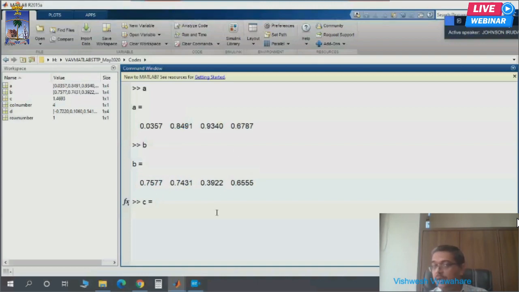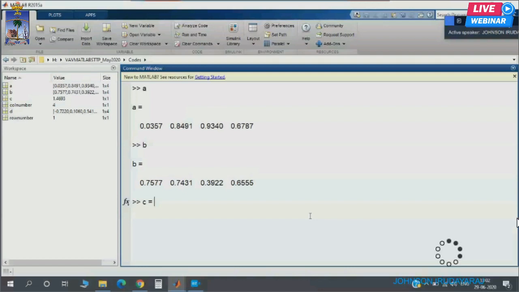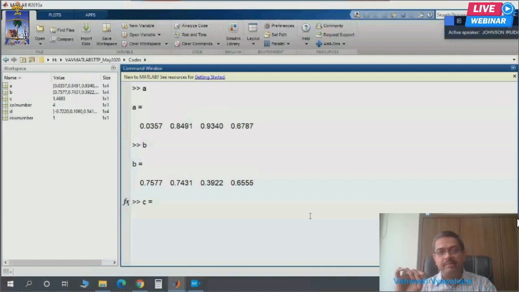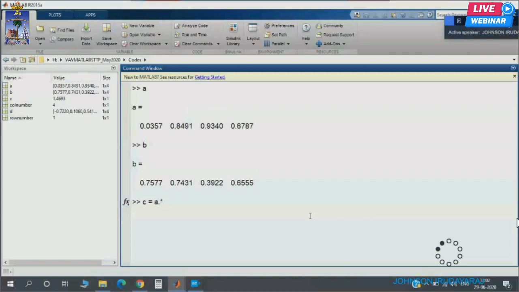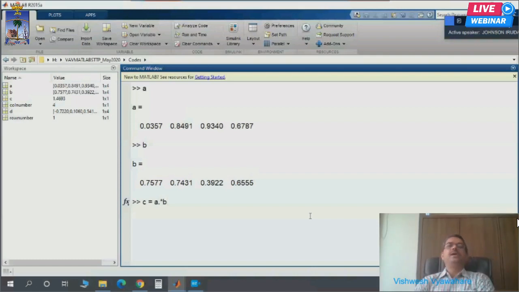Is it possible to do? Answer is yes. And how do you do it? There is something called dot commands, which are also known as element wise operation. This is the element wise operation we want to do. So what I will write here, C is equal to A dot star B.